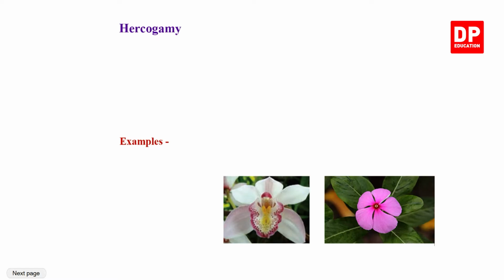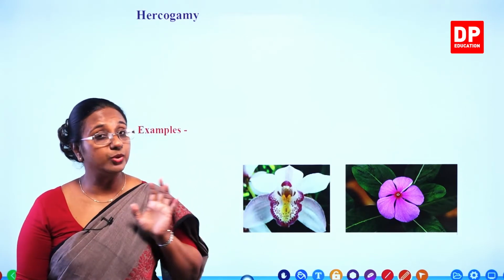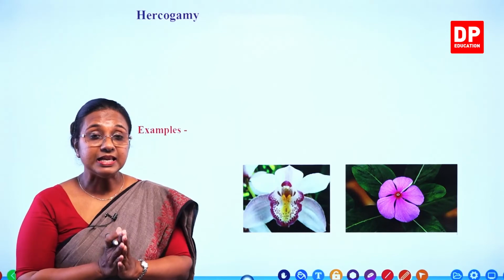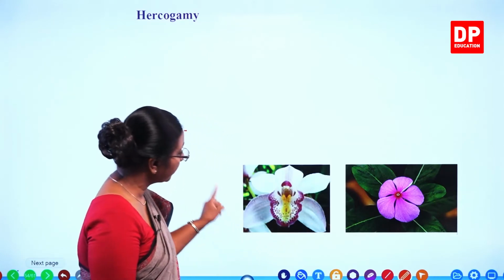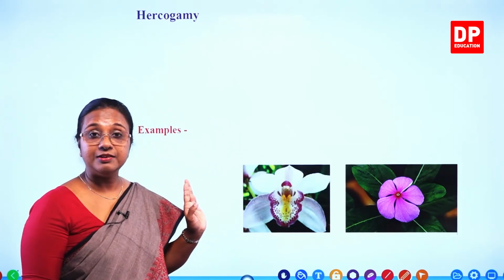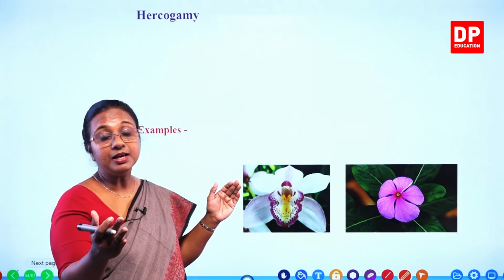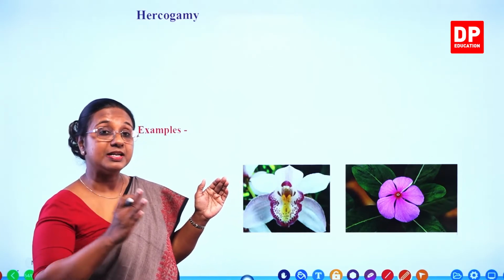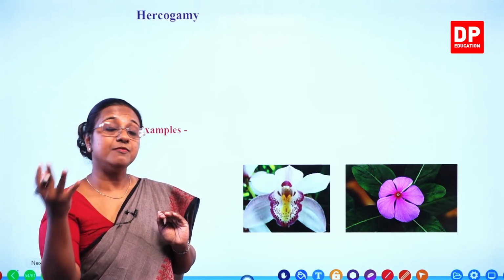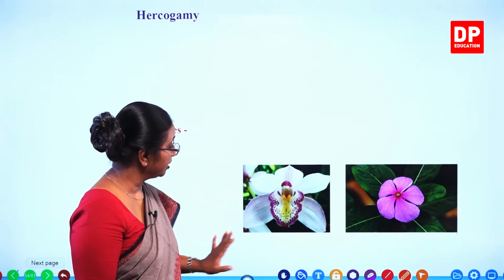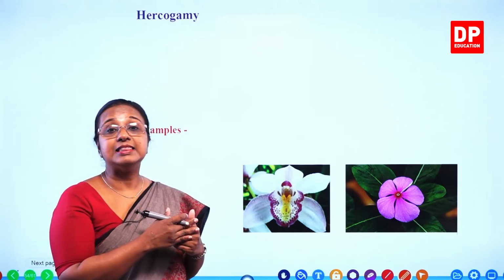Now when we say hercogamy, here also both the stigma and stamen are present on the same flower. So it's a bisexual flower. But the thing is, they are positioned at a distance. So here you can see this is an orchid flower. You can see the stigma is in one place, whereas the anther or the stamens are somewhat far apart. So there is no chance of the pollens from that stamen falling on the stigma of the same flower. The shape of the flower is in such a way that the stigma and the anther are far apart,